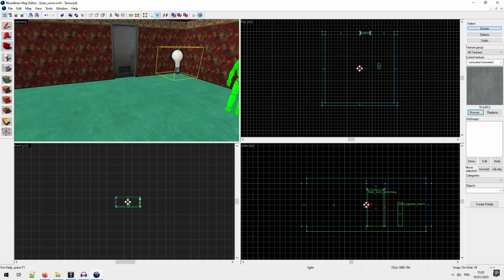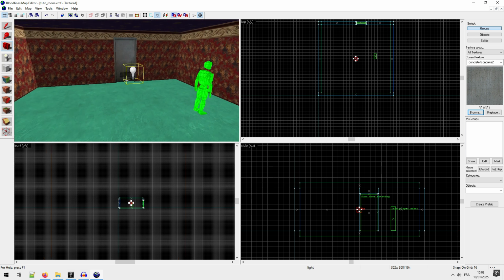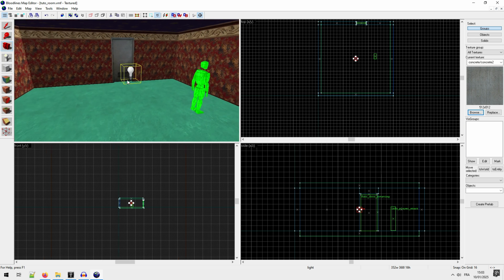Now let's put some prop. So there are two ways of having prop. First, we will create from scratch. So I go again to Entity Tool, and here I will put prop static. And I click here.